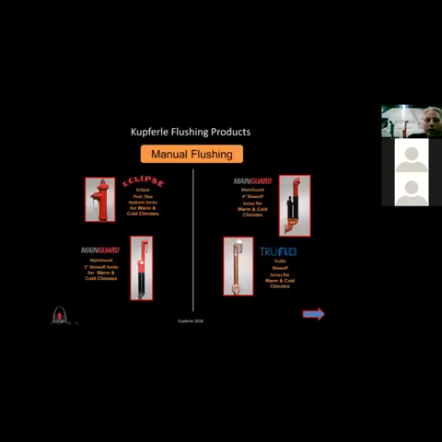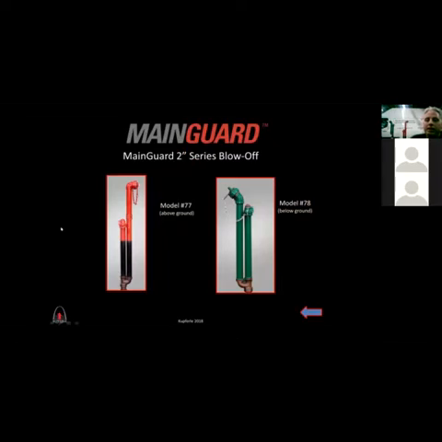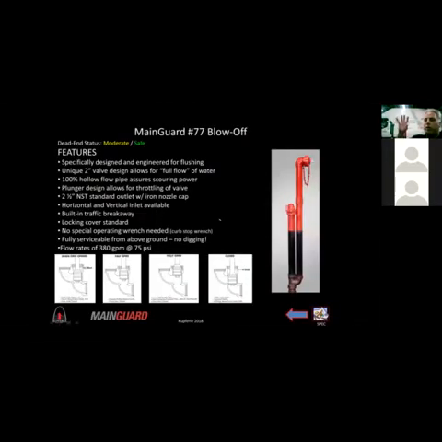Another popular one that we have is this one called the 77. This is the 77, 78 series. Again, a 2-inch blow off. This is a 2-pipe design. So this is a little unique in that the number 2 that we just looked at, and we'll look at that here,